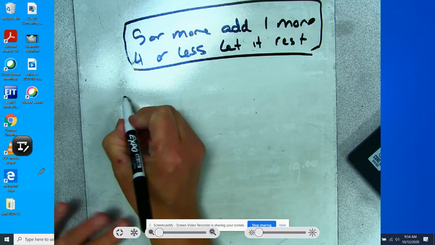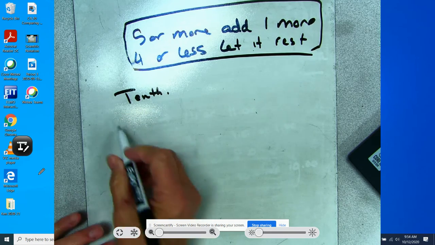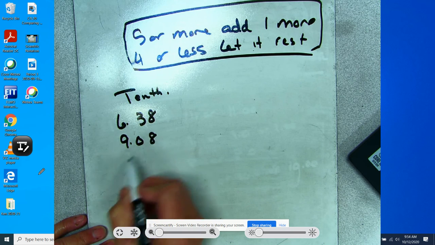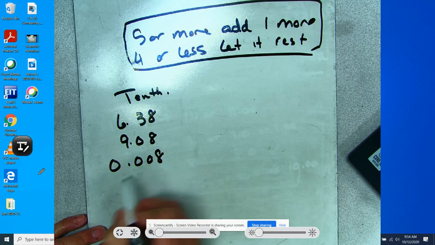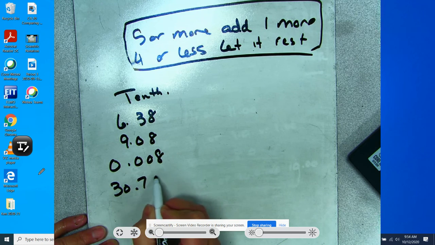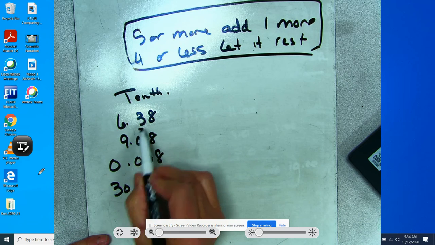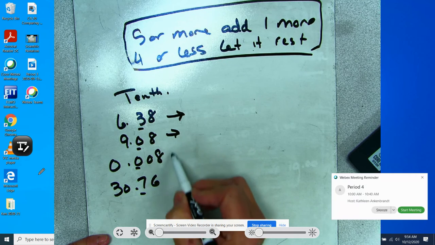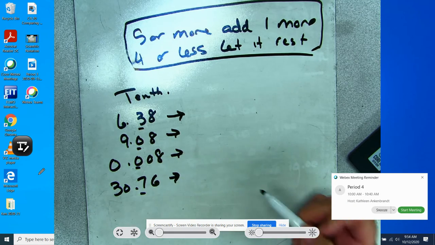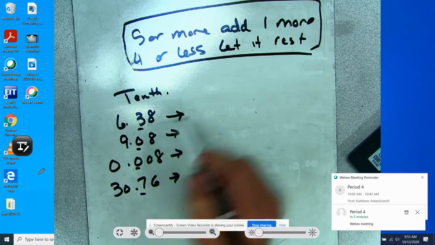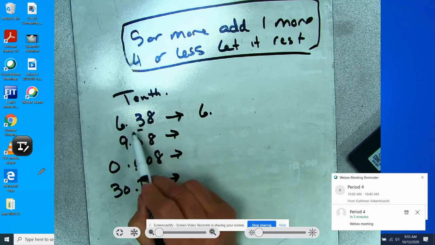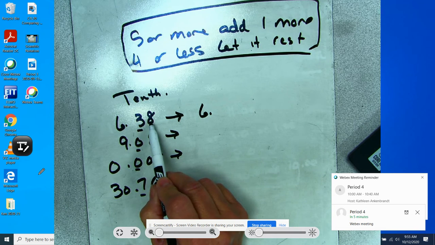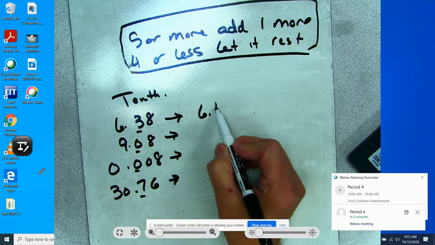Now if we wanted to round to the nearest tenth, and I gave you these numbers. Now a tenth is one place. So we're talking about this number, this number, this number, and this number. So it helps to have the digit that you're rounding to highlighted so you know which one you're looking at. So here, we have a 6 point. Now we're going to ask, does that 3 stay a 3 or become a 4? Well, that 8 is bigger than 5, so we add 1 more, and this will be 6.4 or